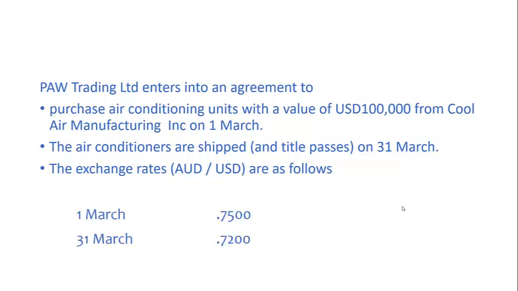The exchange rates are as follows. On the 1st of March the exchange rate is 75 cents and on the 31st of March it's 72 cents. So our attention initially focuses on recording the initial transaction, and the initial transaction has to be recorded at the exchange rate applying on the date of the transaction. So that's going to be the 31st of March when the inventory is shipped and title passes, and the entity